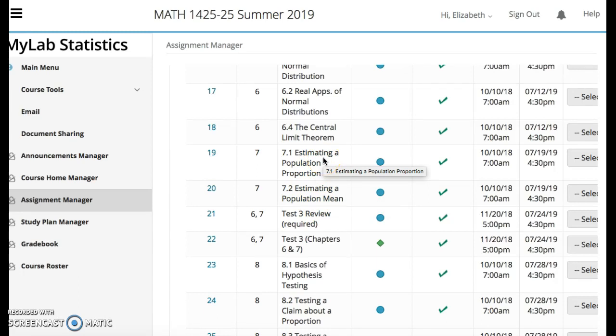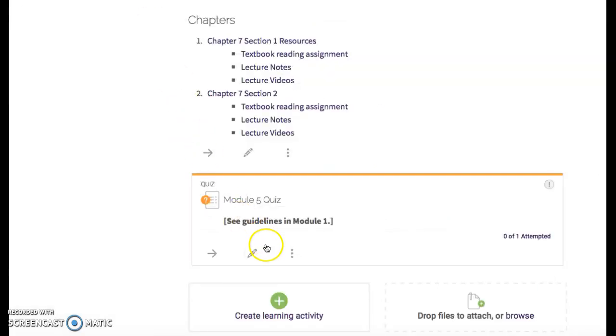I recommend 100. And then you're able to access Test 3 Review, which is also required. You need a 70% on this. I recommend a 100%. After you finish Test 3 Review, you can go back into your course on Moodle, and